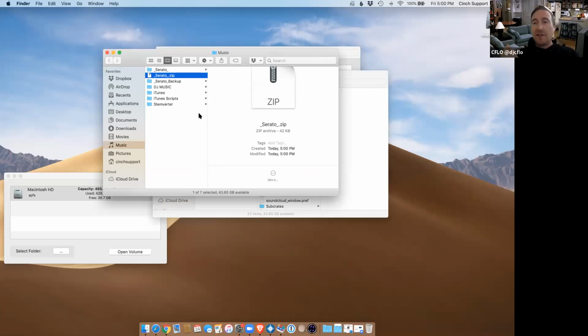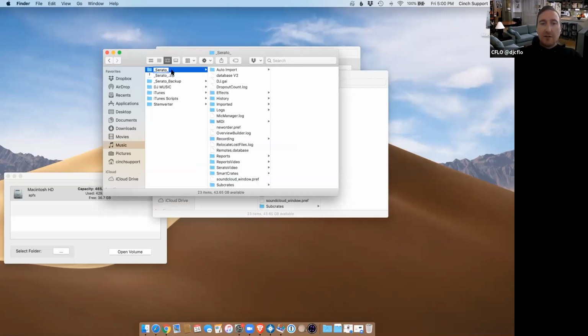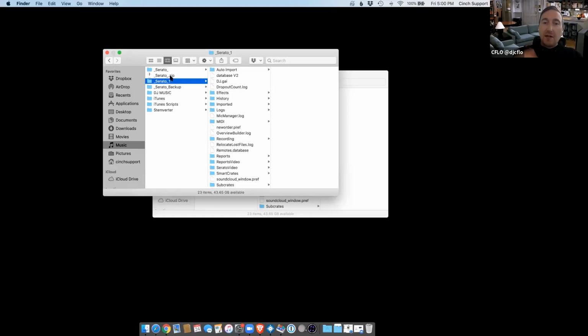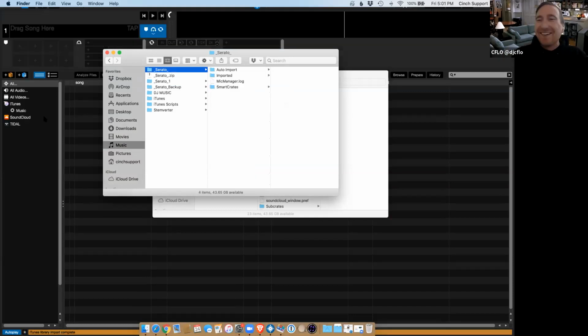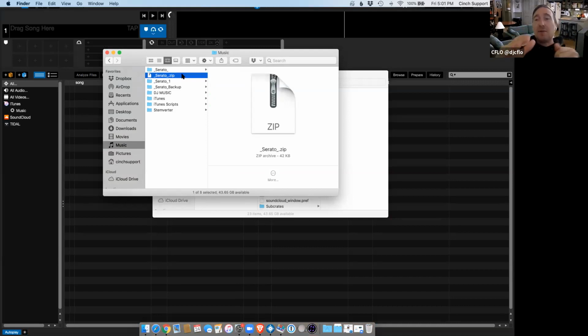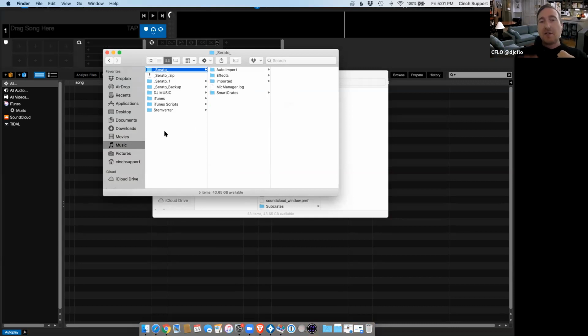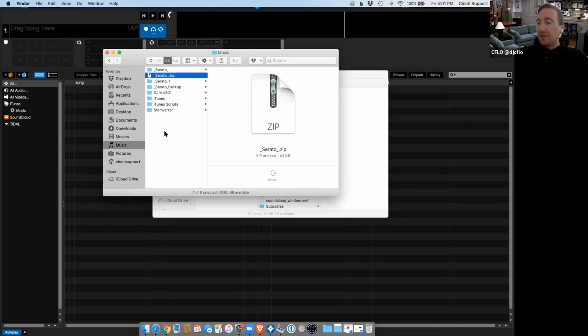And four months from now, if you're like, hey, my database, something's messed up, you can just rename this folder. Oh, my Serato opened. And then unzip that, or you renamed it, unzip that. Oh, I did it right when I changed the name, right when it launched. But I don't have anything in it anyway because it's a bare user. But you can restore just by unzipping that to this crate moment, and that's such an easy thing to do. You just compress it, rename the zip, whatever you want. That's going to help you, and unzip it in a time of need.